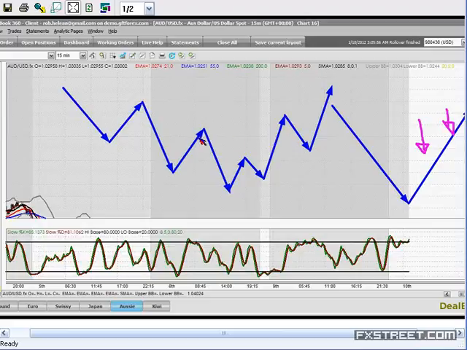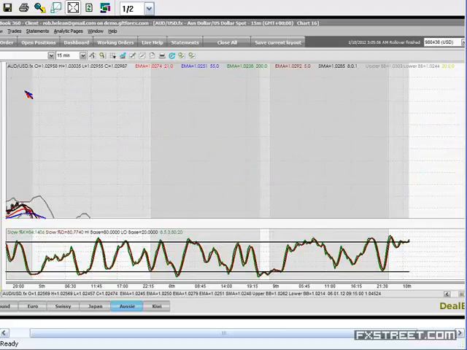Whilst I was a fan of not waiting for confirmation, let me explain the reason why I went through a big phase of not using it. I found that sometimes waiting for confirmation kept you out of getting in good trades, because you'll have a trade that comes up to an area that you'd like to short from. For example, London market opens, it just goes from that point and has zero confirmation. It just literally turns on a dime and off it goes. So that was one of the things that led me not to use confirmation for the longest time.